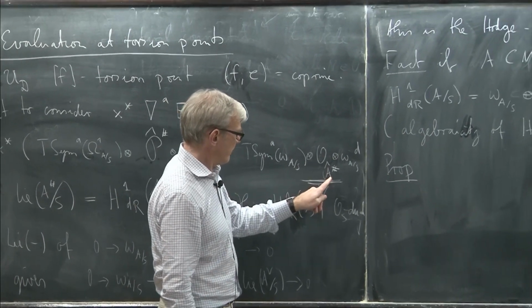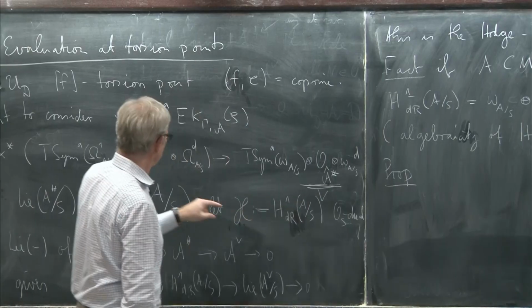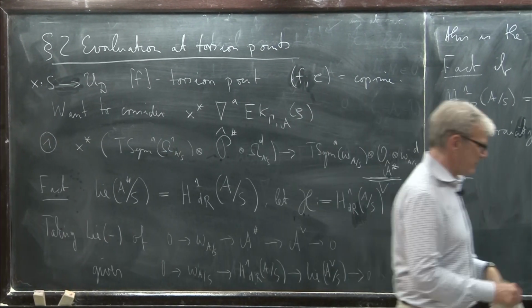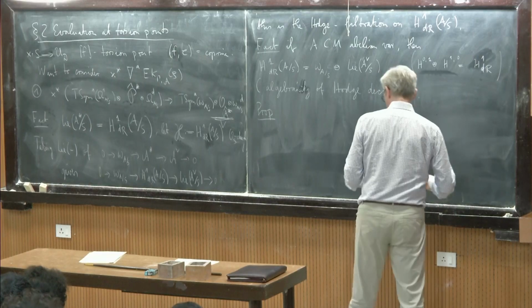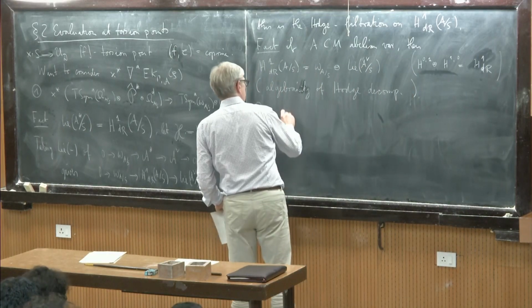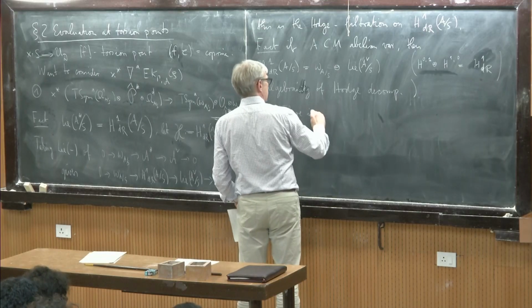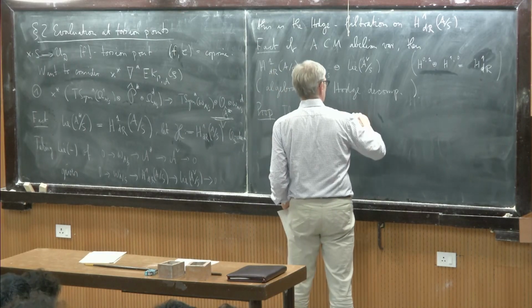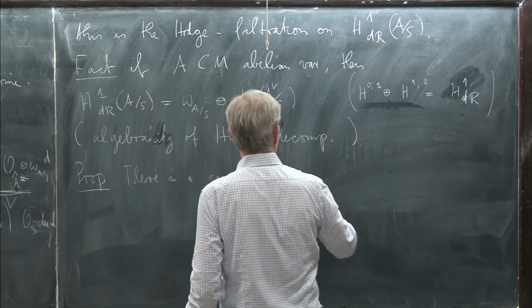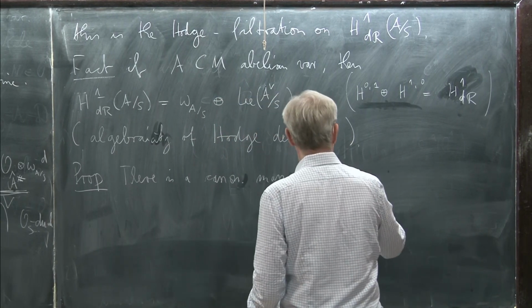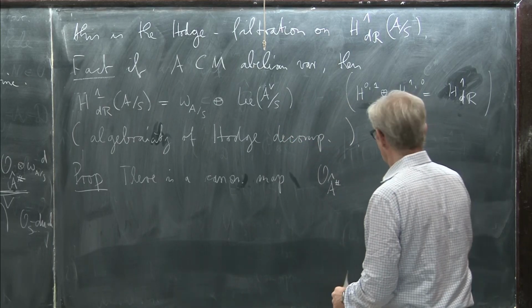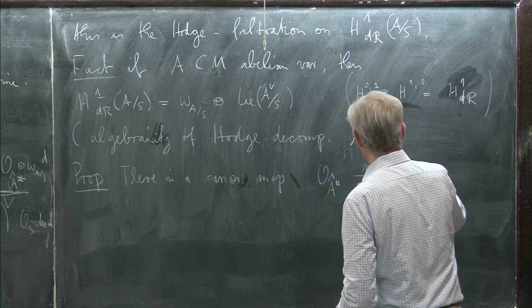But if you want to have something canonical, which also reflects somehow the group action of gamma and everything, you need another map. And this exists. There is a canonical map from OA formal completion, which I call again the moment map,